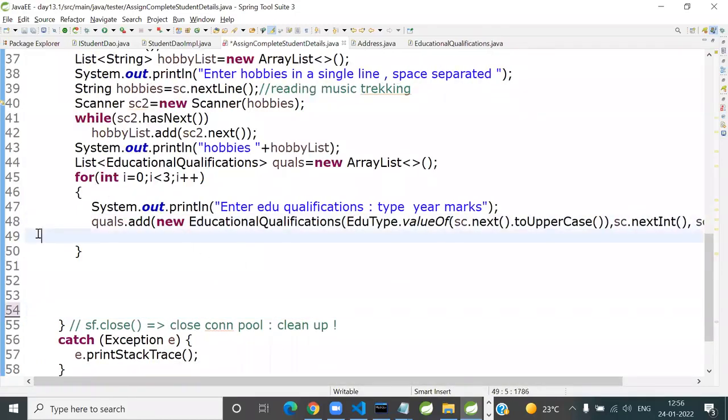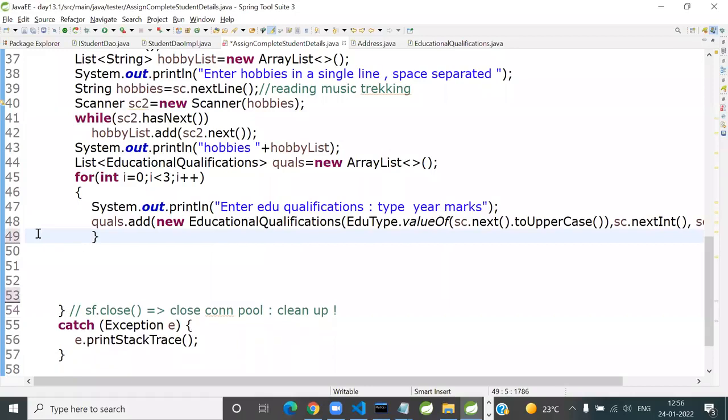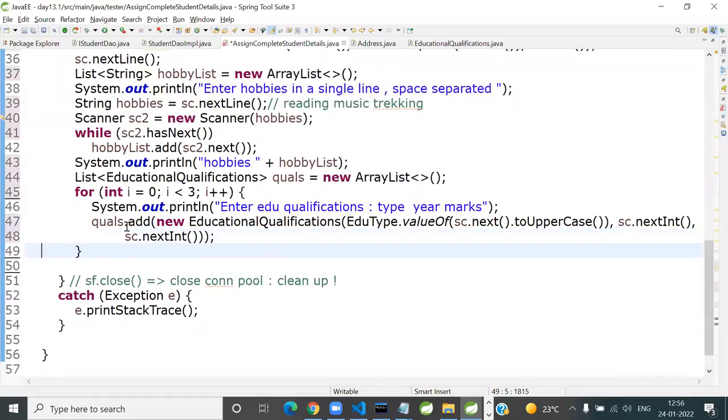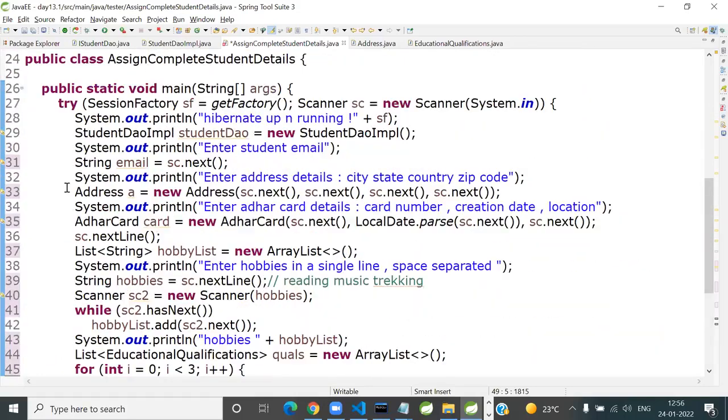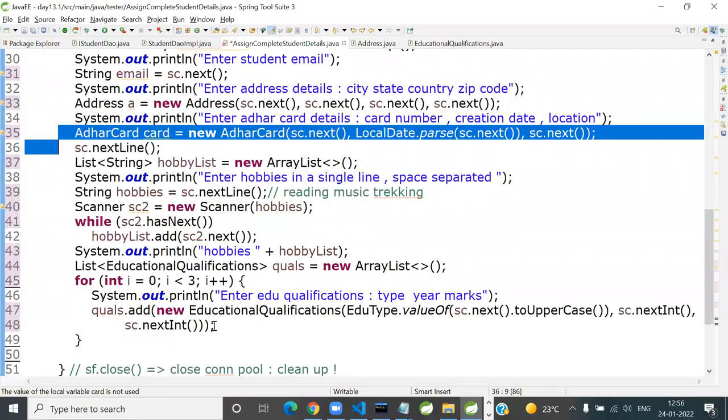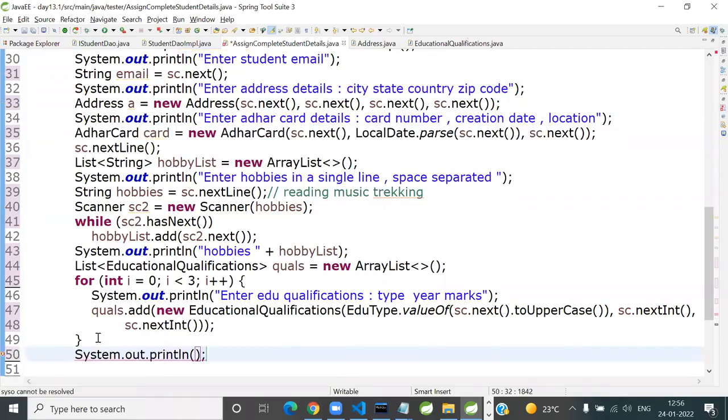So let's see where we are. I think we have populated the entire object graph in memory. You also check, I'm also checking. So all I'm giving is the email ID, taking the address details, taking the card details, taking the hobbies, and here we are taking the qualifications. Okay, so just list out the educational qualifications also. In case we make a silly mistake, we should know. And then we are going to call